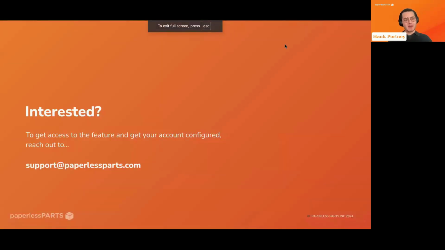If this was exciting to you, if you're interested in this functionality in your account, because it requires configuration that is relatively complex, you'll need to reach out to our team to get configured. Specifically, you can reach out to support@paperlessparts.com, request information about custom markups, request access or help with configuration for custom markups. Our team may need to talk to you depending on your situation, and certainly we'll need to understand exactly